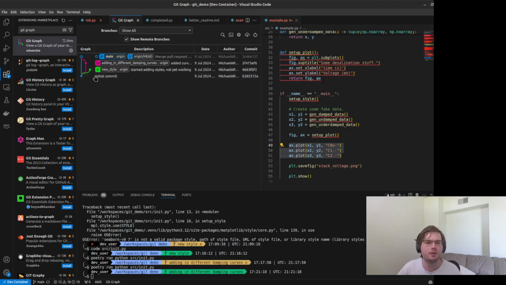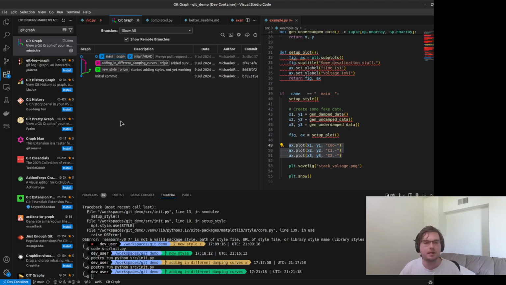The next thing that we may want to do is take this new style, fix it up, and then merge it into the main branch as well. Something that I'm not going to cover in this is rebasing. What that means is that if you're continually developing this new feature, but you can see that you're also making a lot of changes down your main branch, you may eventually want to take some of these new changes and incorporate them into the new style without actually merging new style back into the main branch. If that's a little confusing, don't worry. It's not something you usually have to do, but that's something called rebasing.